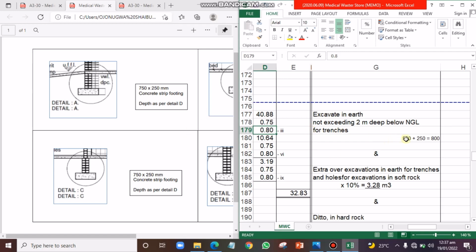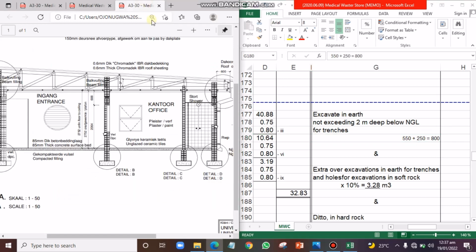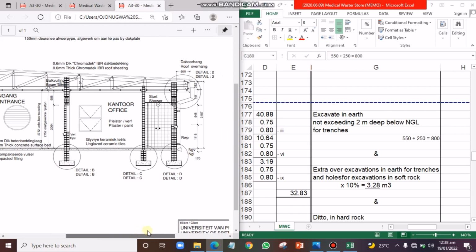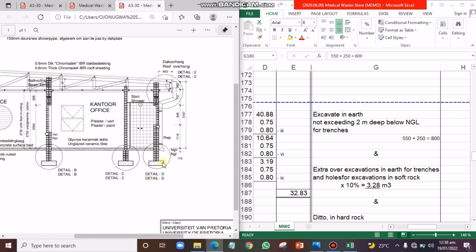So the calculation here is that the footing is 250, and let's go down to this place. Although I can't see anywhere that this is stated in the section, let us just make an assumption and agree that the footing is 250 mm from this point to this point. That is 250 mm thick, while the distance from this point to the level below ground level is 550. So if you sum them up together, you have 800, which is the depth of our excavation. So this first one is the mean GAT we've calculated in the collection. The second one is the width, and this third one is the depth of the excavation. So this is for the